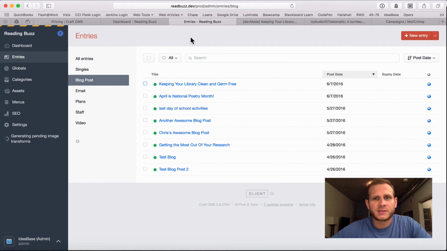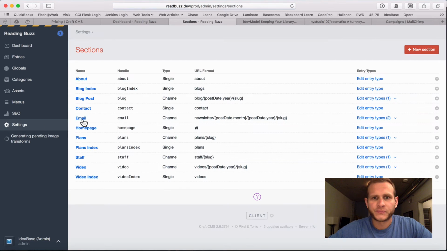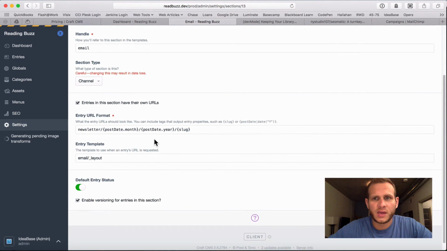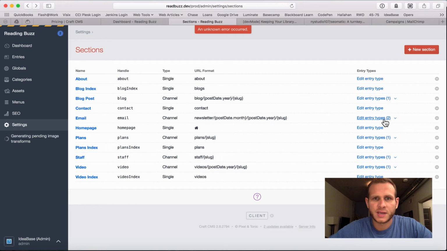I can use Craft as an engine to define and then create those emails and send them out either through Craft or through a third party. And in this case, I'm going to use MailChimp. What we have here is a new section, channel type for email. I've gone ahead and defined some fields and also a new display template that's specific for emails and not web